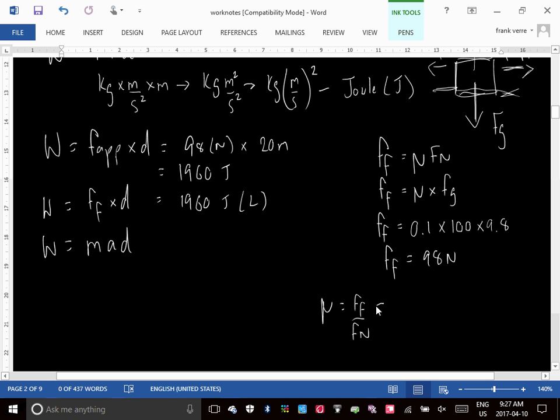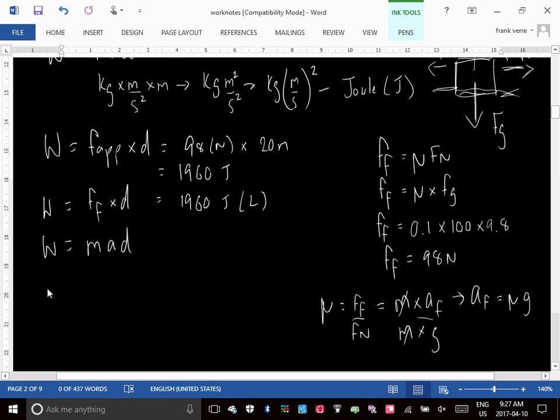Now remember, in only this situation where the normal force is equal to the weight, we could say that the mass times the acceleration due to friction is the same as the mass times g. What do you notice in this case? That cancels out. You can then rearrange for the acceleration due to friction as a function of mu times g. But again, this is only when what? Fn equals Fg. Okay?